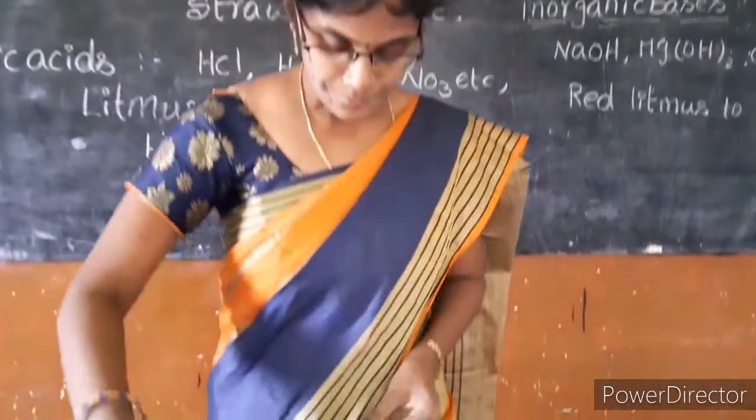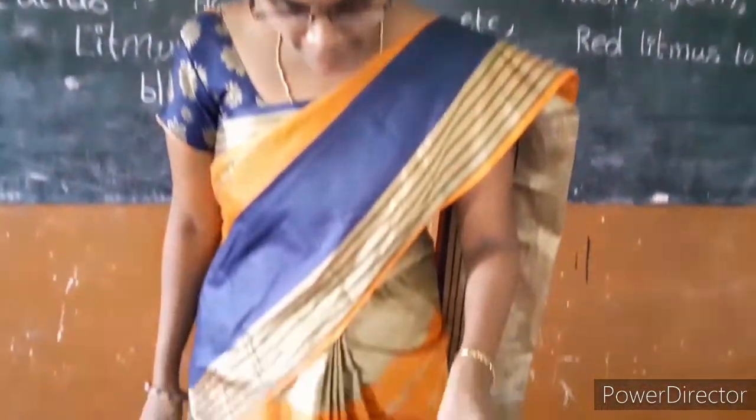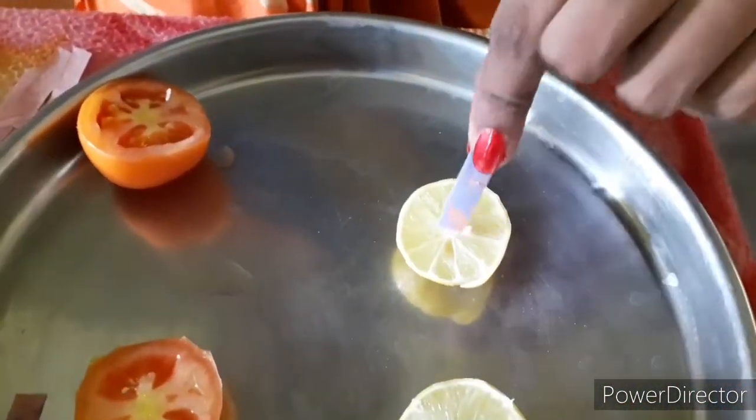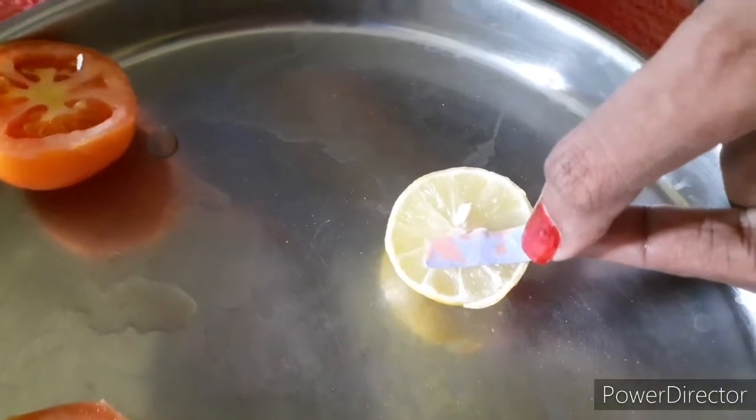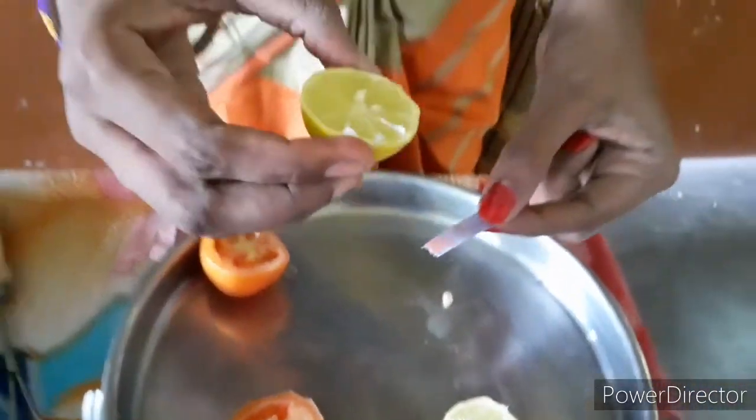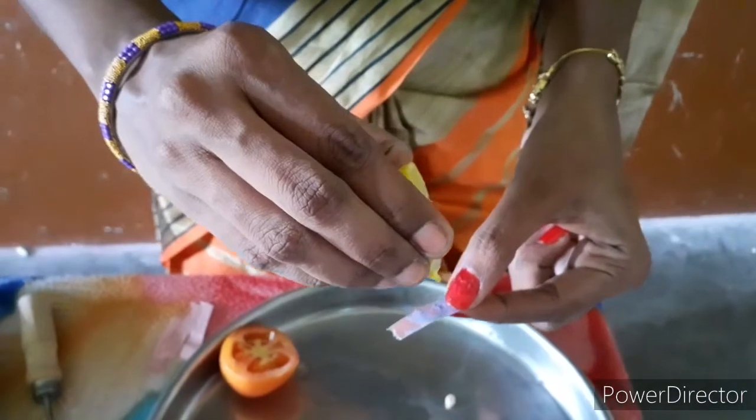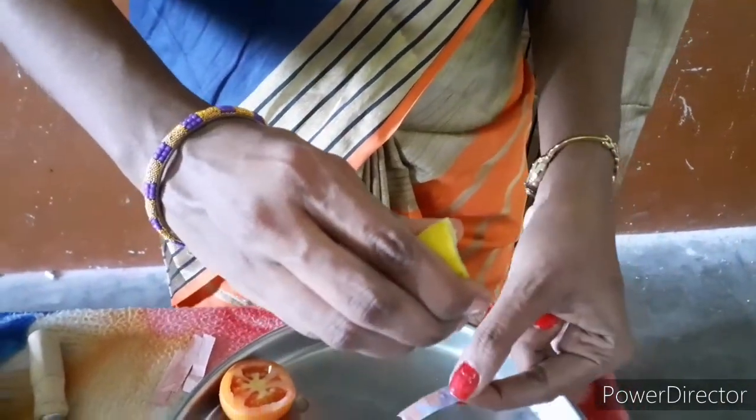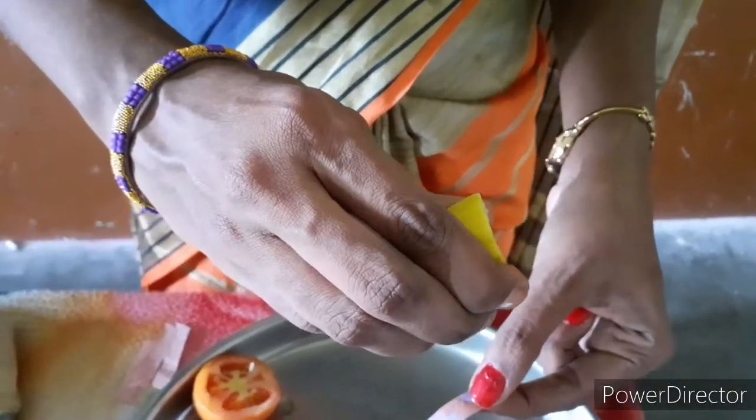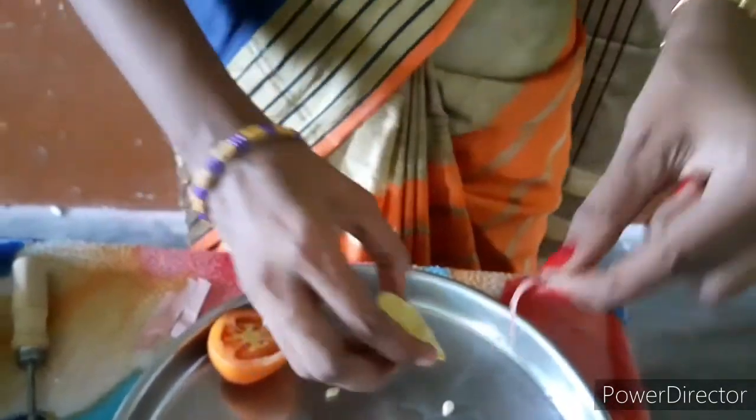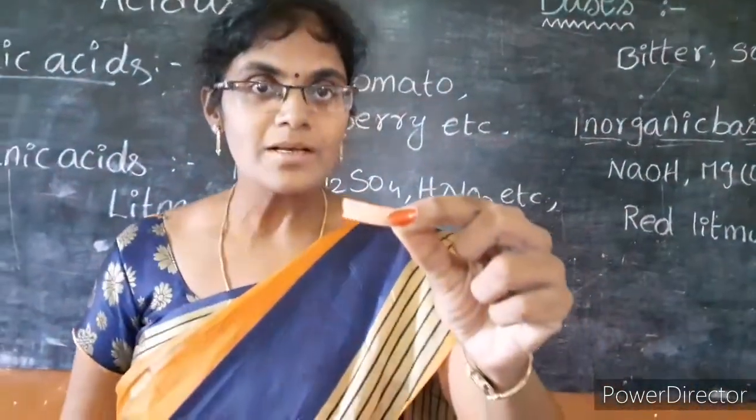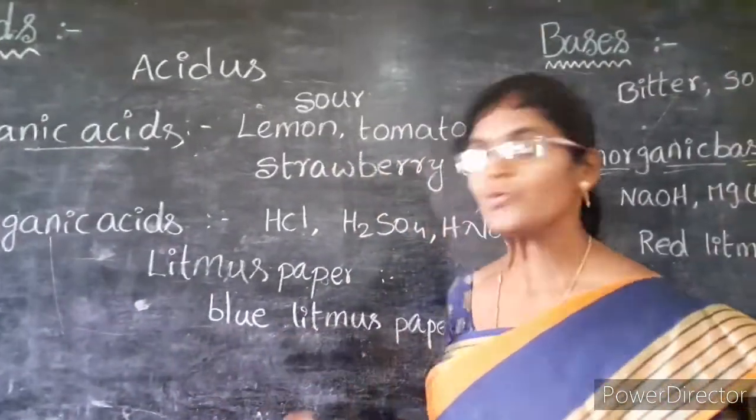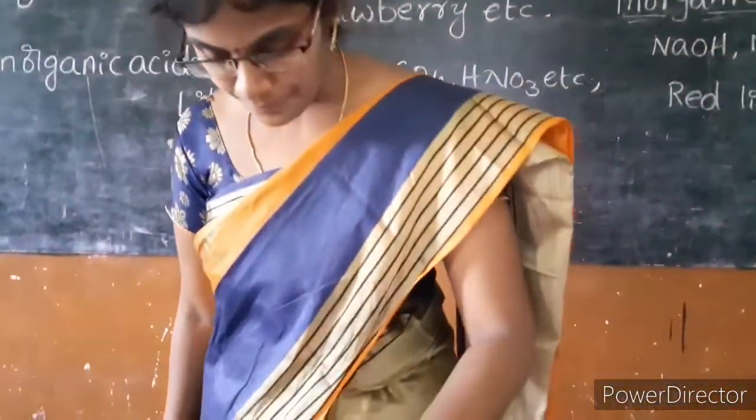Okay, now take one more litmus paper and put it on the lemon. Look here children, the blue litmus paper is turning to red color. Okay, so by this we are clear that acids turn blue litmus to red. Okay, next